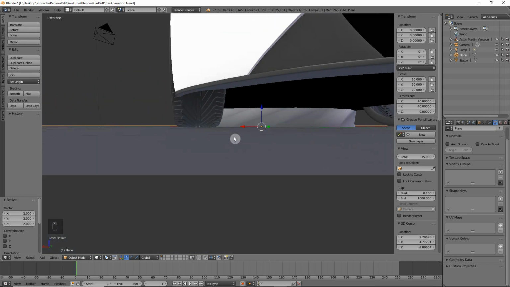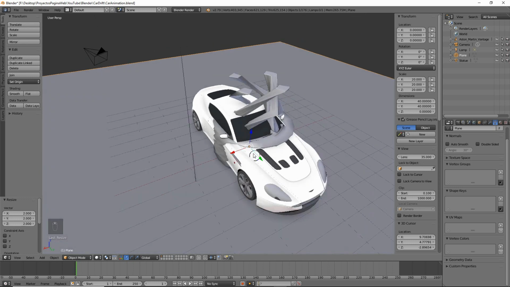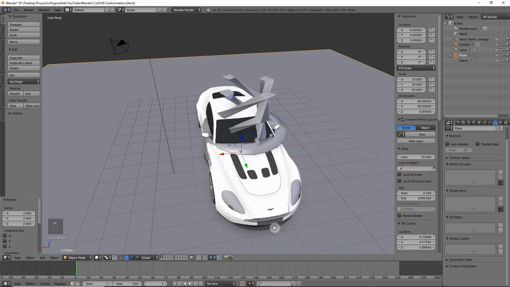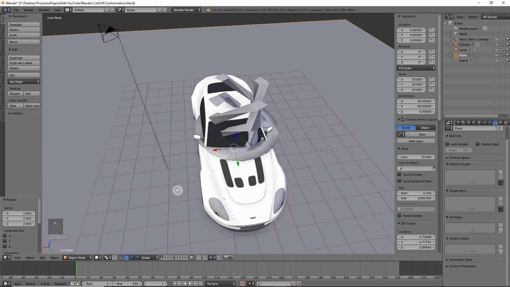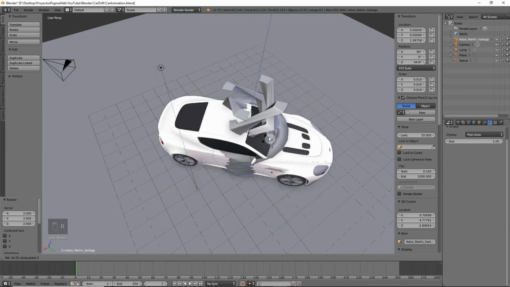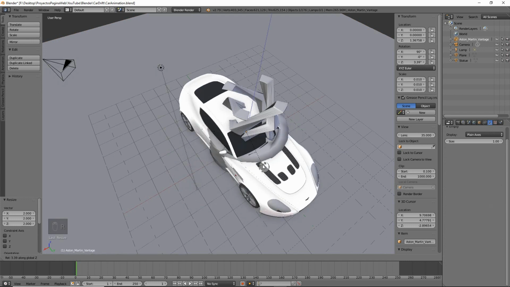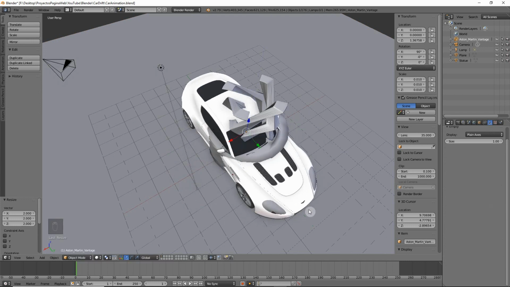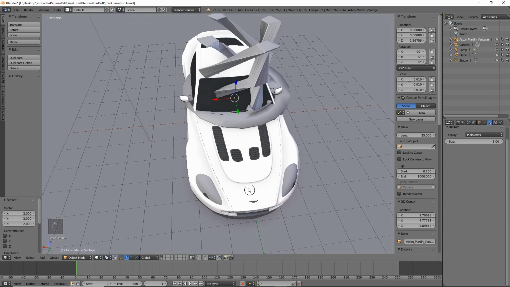See that the plane is under the wheels, which is good. And let's just then put the pivot in the center of the car. Why are we gonna do that? Well, when the car is shifting and rotating, we don't want it to rotate this way because we want it to simulate the drifting, so we will want to use the origin from here, so the car is rotating from the front part. For that we can create another empty axis.